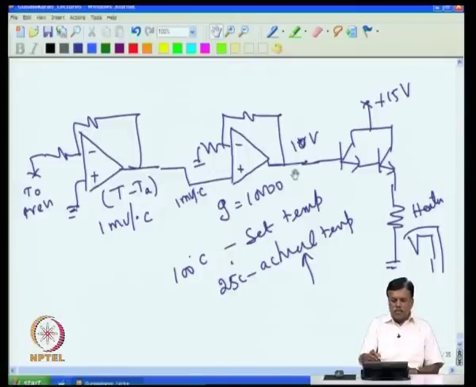Then 10 millivolt corresponds to 100 volt here. But when the difference comes to 1 degree, then it comes to 10 volt. When the difference comes to 0.5 degree here, then you will get 0.5 millivolt, and that will make this one go to 5 volt. That means as the heater heats up, the temperature is rising, and this voltage comes down, then this voltage also comes down. So if you give high gain,